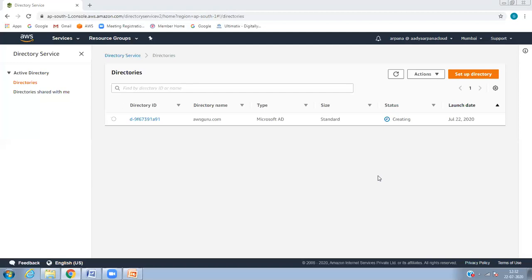In Windows, you need to have a domain to mount and map the network drive. That domain we have to create here using the directory service. Once the domain is created, I will tag this domain in one of the AD servers and join the domain from there. Then we will create the instances, and then we can see how it is working.